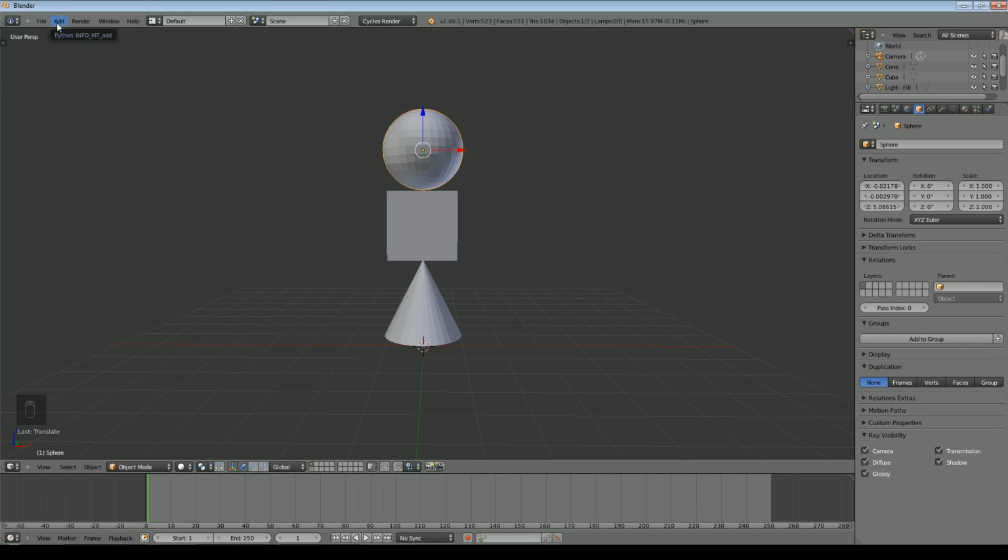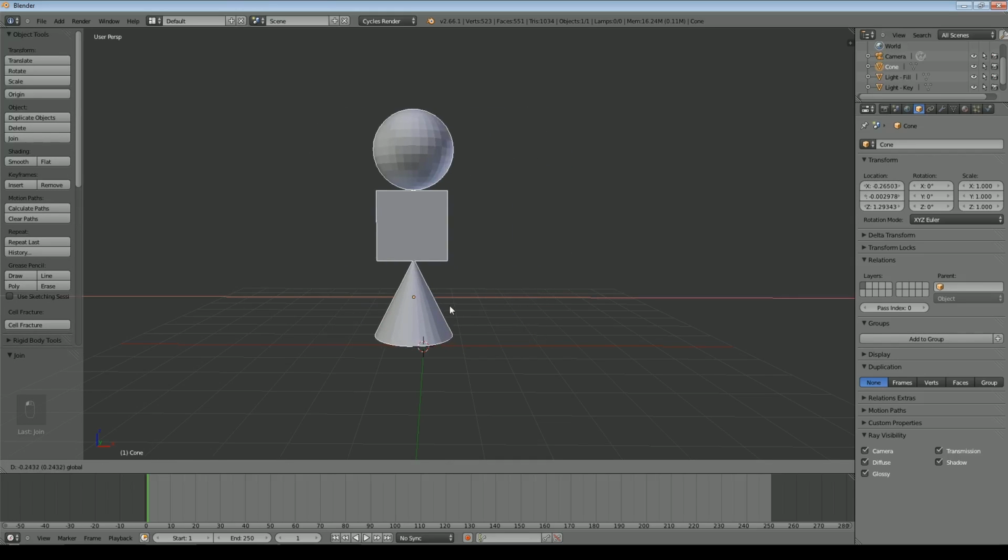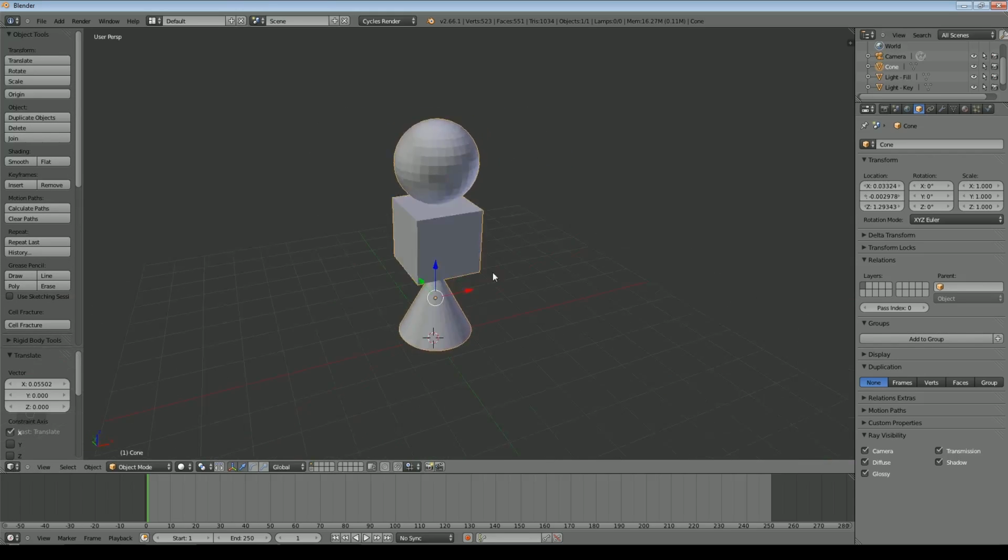So to do that, I would join them together. So what I'll do first of all is literally join them together. If I press T, I bring up this menu on the side. I've selected all 3 of the items and I'll click join. So they're now effectively one item, even though it's 3 different primitives.